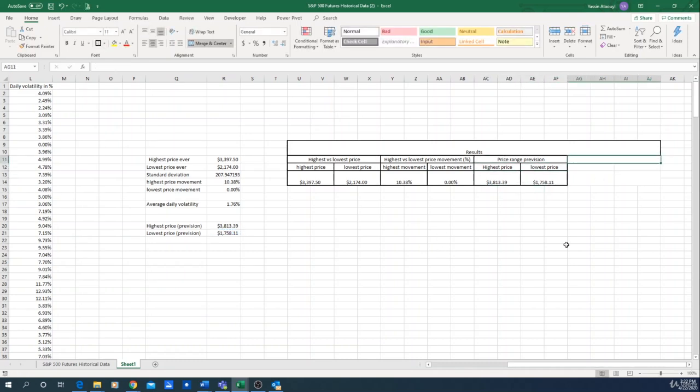And finally, the last thing will be other. So other data that we have, for example, the standard deviation and the daily volatility. Perfect. So when we have all this,